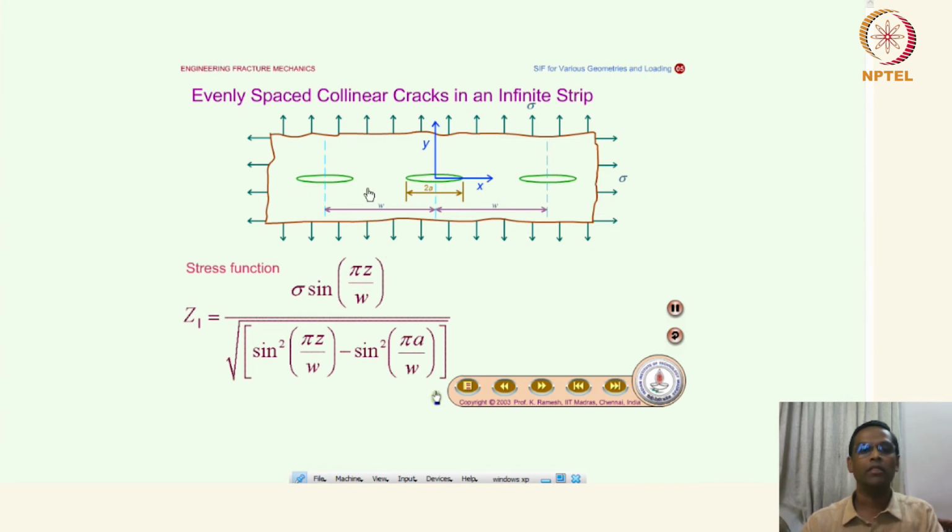They are placed equidistant by W, and then Westergaard has given a stress function something like this: Z1 is equal to sigma sine pi z by W divided by the square root of sine square pi z by W minus sine square pi a by W. Okay, so the a by W is the one factor which we have already seen, that when we